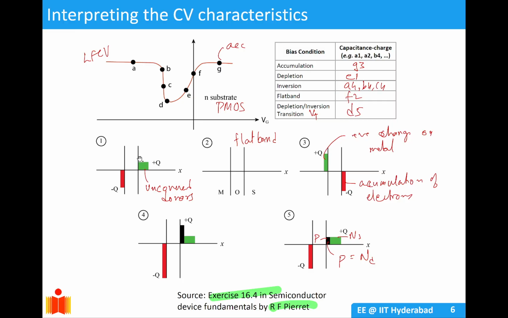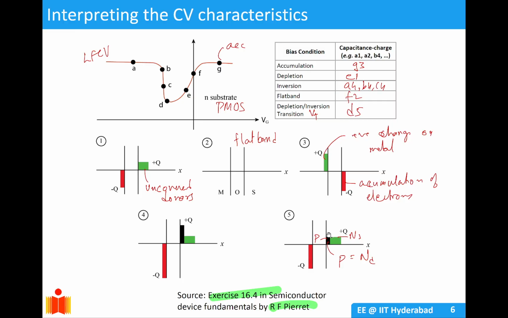And in this depletion region, there will be a positive depletion region, which is uncovered donors in your semiconductor region. Then you come to D. So D is your threshold voltage region, where you are transiting from your depletion to your inversion region,